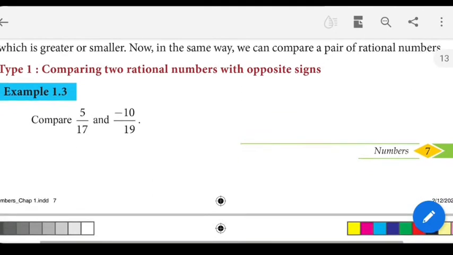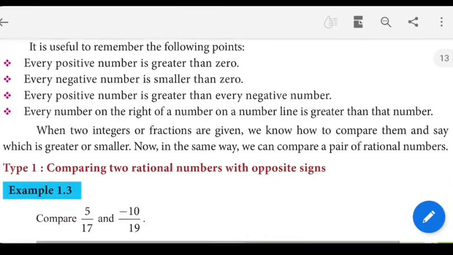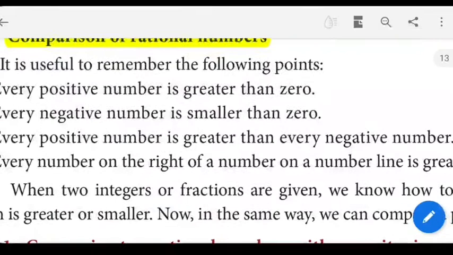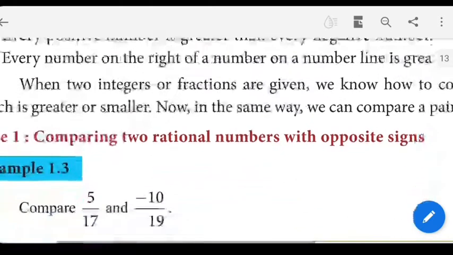First model, type 1: comparing two rational numbers with opposite signs. If we have opposite signs, it is easy to identify which is greater and which is less, because we know that every positive number is greater than every negative number. See rule number 3: every positive number is greater than every negative number. Using this rule,